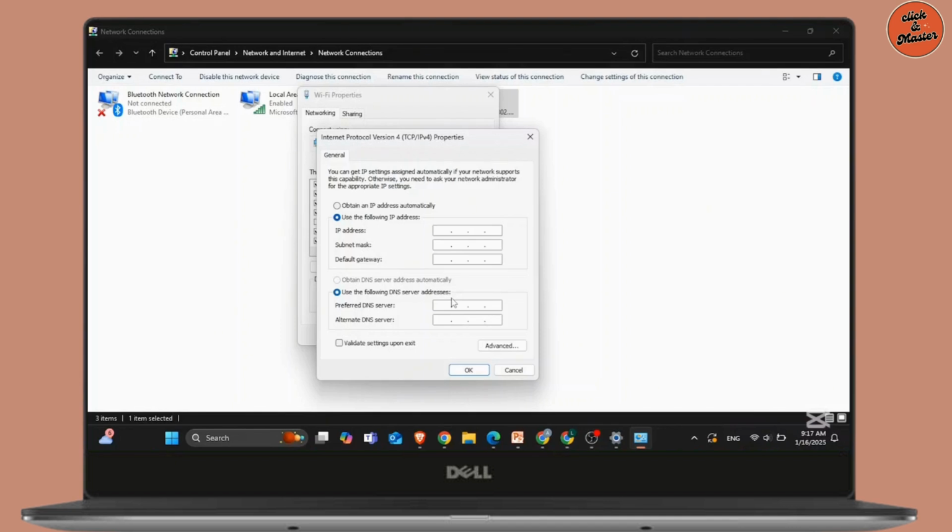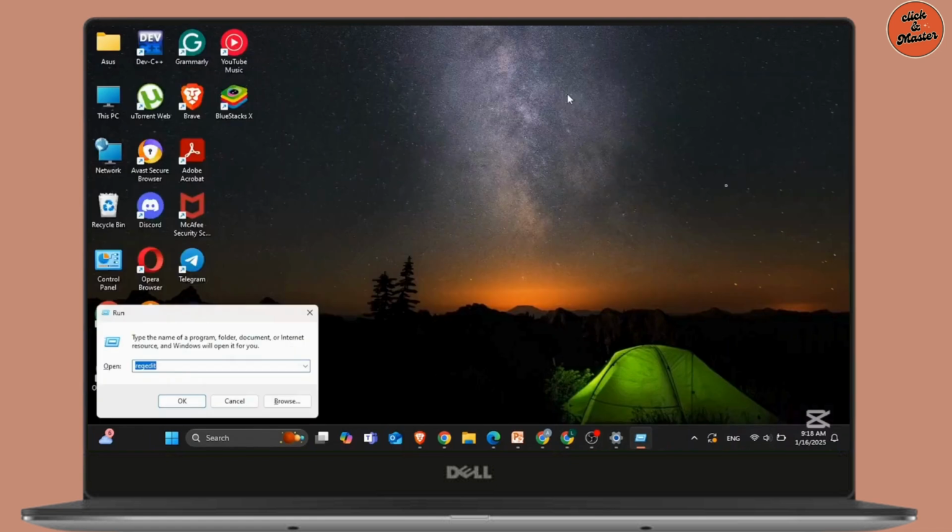Go to Internet Protocol version 4. After that, at the bottom you see two options of DNS server, Preferred and Alternate. Simply in the Preferred DNS enter 8.8.8.8 and in Alternate DNS enter 8.8.4.4. After that, the second method to fix the issue of internet connection is to open Run application and there